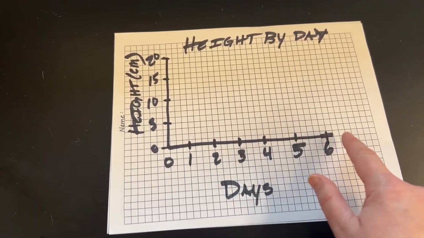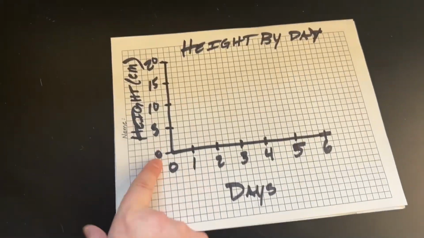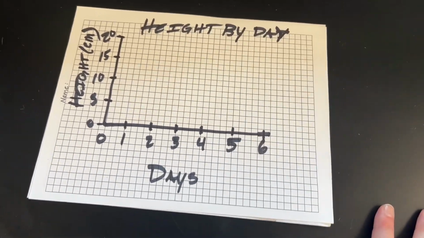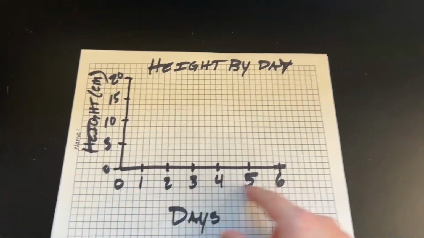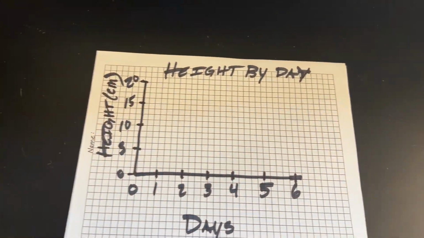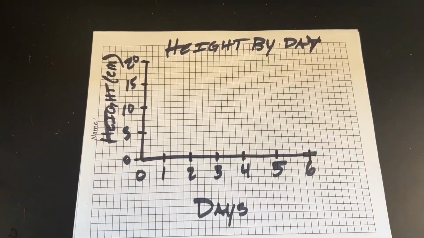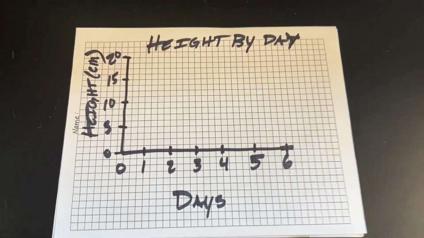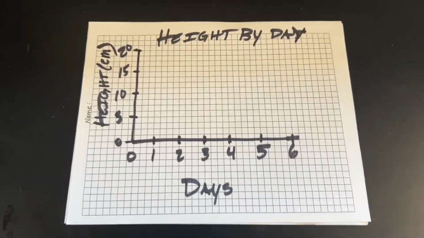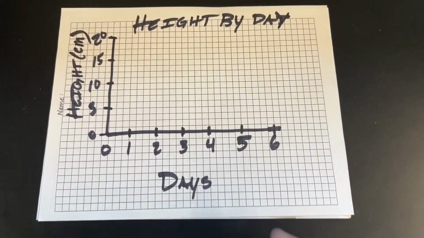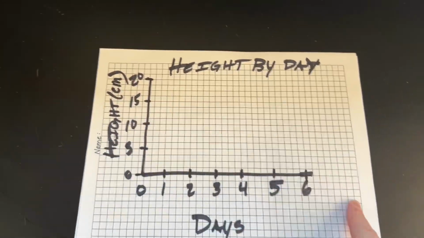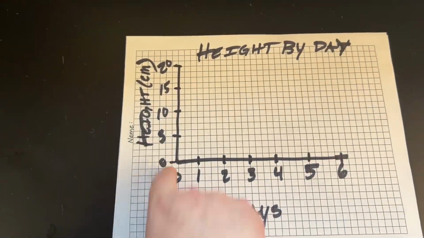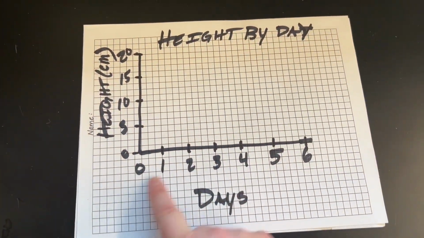So we know we're going to have all these different days, and we know we're going to have all these different heights. It's better to make your graph bigger than smaller. So you might need to do 20 days and 100 centimeters, right? Whatever the thing is, but it's better to space it out bigger than smaller if you're going to add to your graph as you go. If you're waiting till all of your data is collected and then you're going to graph, then you can think about what's your highest number on each side, and those will go on the ends, and then space your way out. Okay, so notice height centimeters, 20 centimeters, 15, 10, 5, 0, number of days here, and then